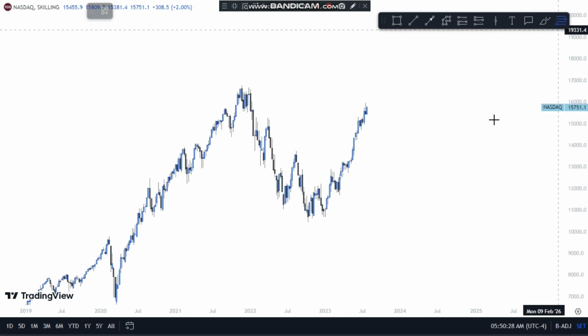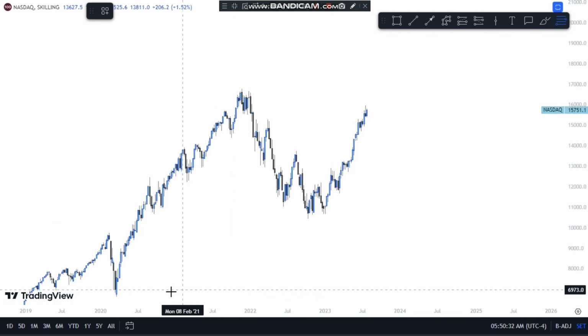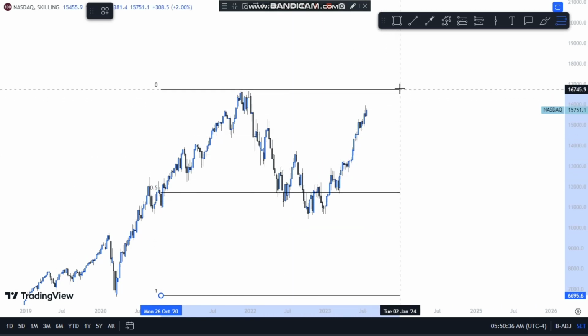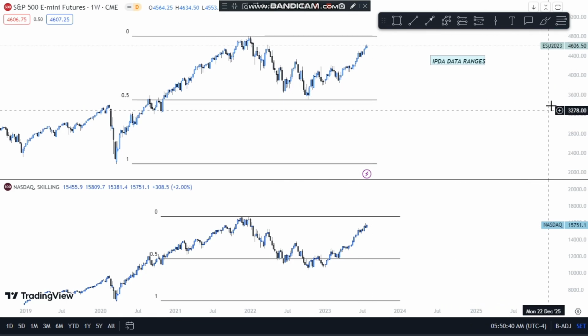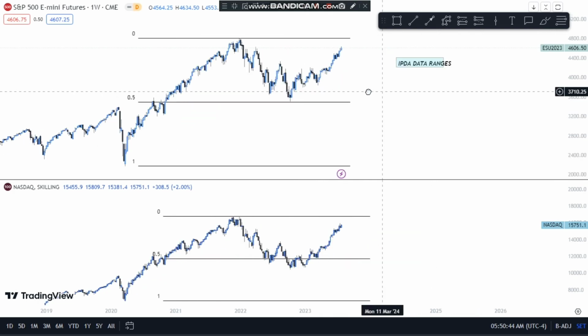So I will draw this level on the Nasdaq too, and you will see what you get. This is going to be so interesting. So this is your level on the Nasdaq and the ES. Now before